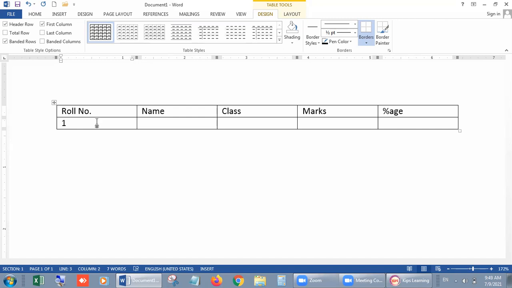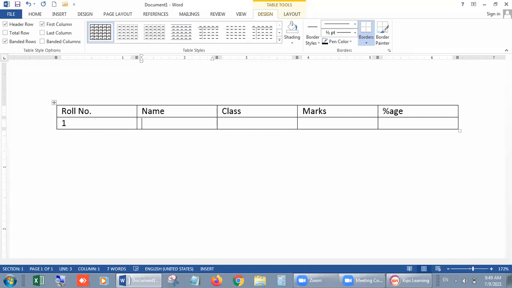For Shift, Control and Alt we have two buttons, but for Tab and Caps Lock, we have only one button, right? So on the left-hand side, we have the Tab button. When you click on the Tab button, the cursor will automatically jump to the next cell. Now you can write the name.